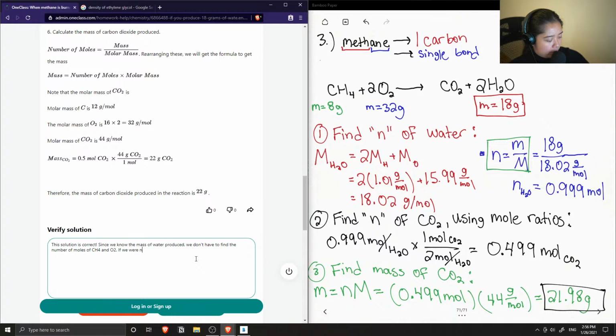If we were not given the mass of water, then those values would be useful, and we can determine the limiting reagent as well,